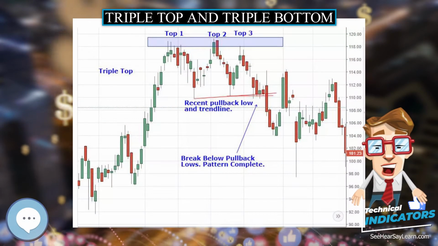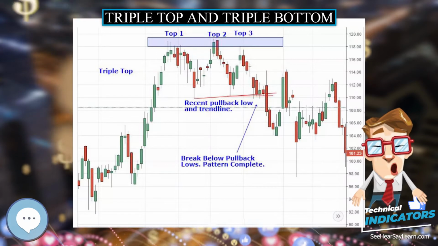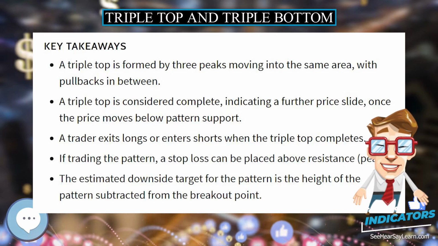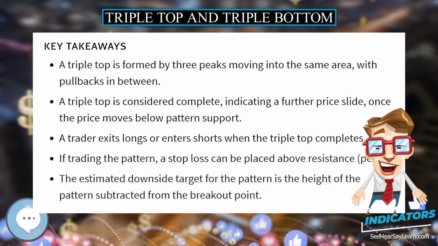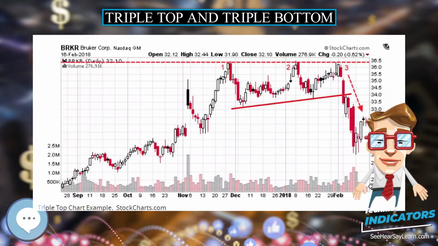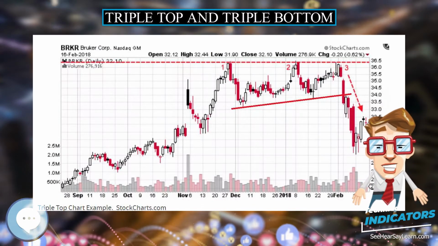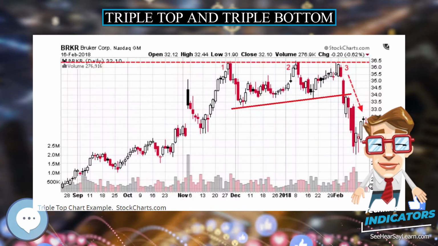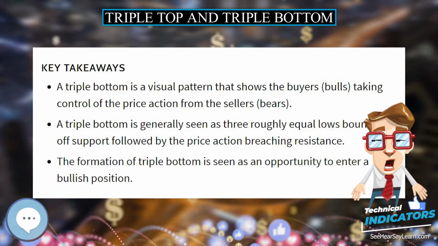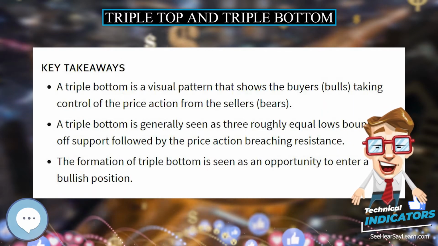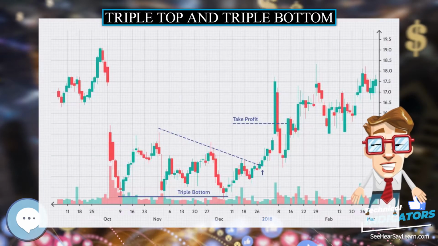Triple top and triple bottom. Triple top and triple bottom are reversal chart patterns used in the technical analysis of stocks, commodities, currencies, and other assets. Triple top formation. The formation of triple tops is rarer than that of double tops in the rising market